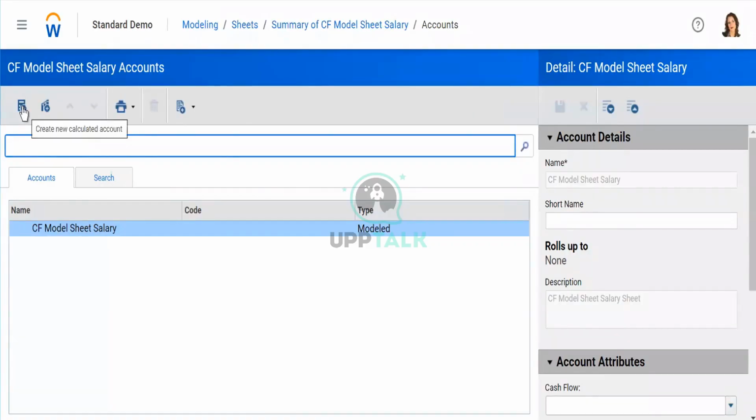Suppose I'm going to create a new calculated account. By default, only a calculated account can be created in a model sheet. This is also an interview question where they ask you, can you create a standard account in a model sheet? The answer is no. There is only a calculated account, because only calculations should be created in a model sheet.